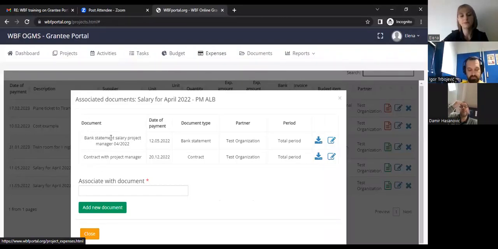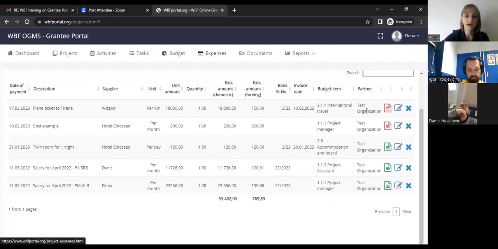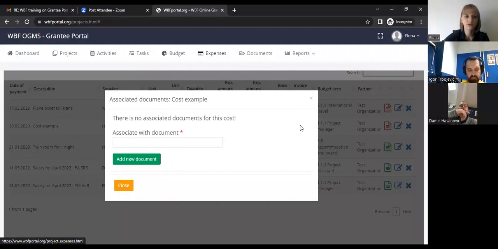So you can, for example, add 3, 4, 5 documents that are proof of the cost that you have done, like invoices, tickets, boarding passes, and other documentation that is asked by VBF and relevant for the specific cost. So we go here where the icon is